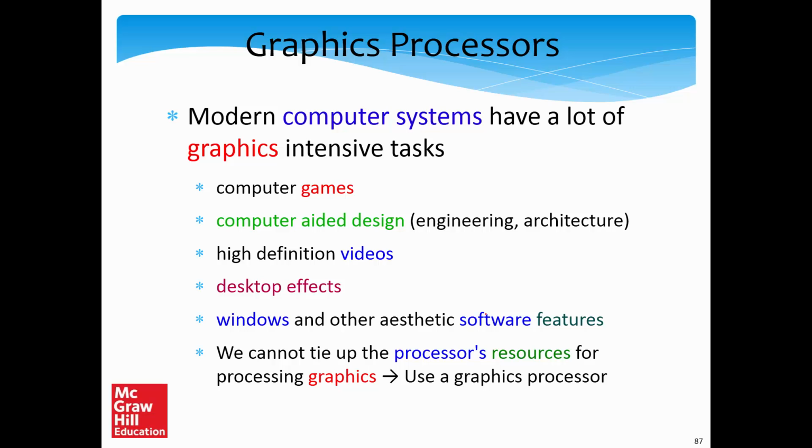Since graphics plays a very important role, it was observed that the amount of processing required is very high. And furthermore, we cannot tie up the processor's resources in doing graphics. Number one, a general purpose processor is not tailored towards doing graphics, so you would otherwise require a huge amount of processing power. And the second is that the processor will get completely tied up, so it can't do other things. That's the reason you use a dedicated graphics processor.